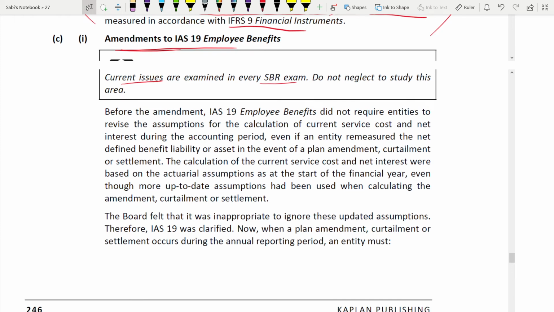To show the changes, remember, you always have to do two things. One is before, one is after. Show the impact before, that means calculation before and then after. So before the amendment, IS 19. This is also latest, so make sure that you watch this part as well. After cryptocurrency. So before the amendment, IS 19 did not require entities to revise their assumptions